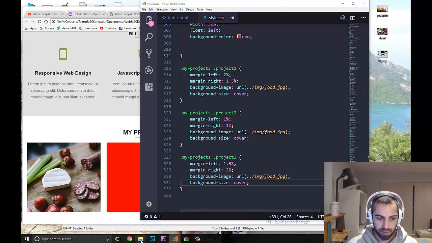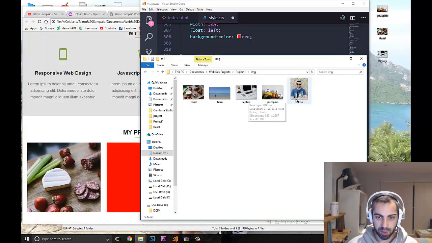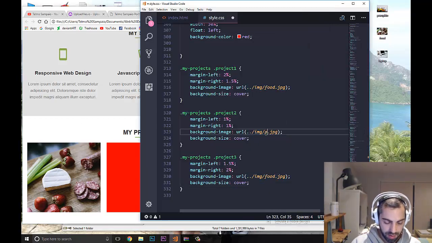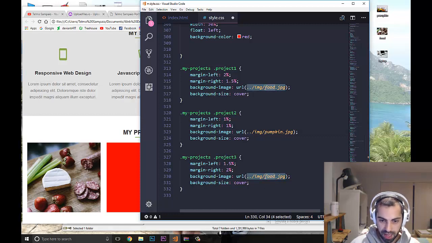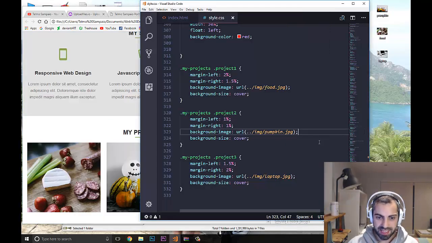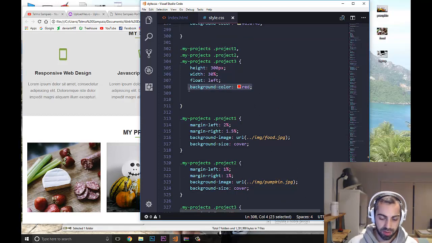So where is it? I'm going to put this laptop and pumpkin. Okay, so this one is going to be pumpkin.jpg, and this is going to be laptop. I think that's it. Yeah, this is exactly what we want. Okay, so we got this, and we can just get rid of this background color because we are not using